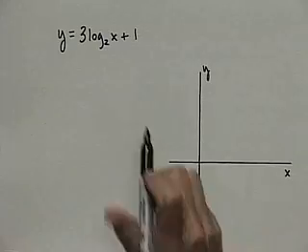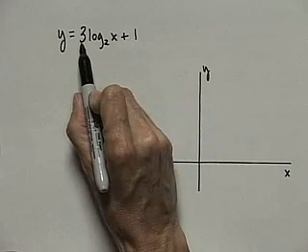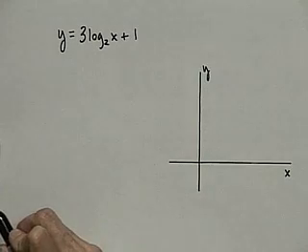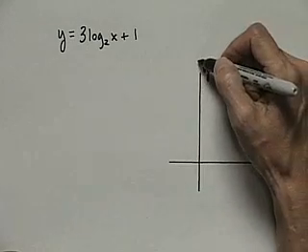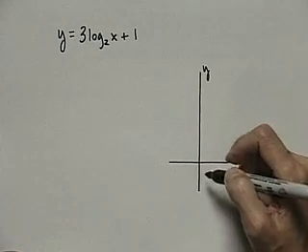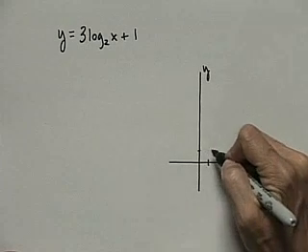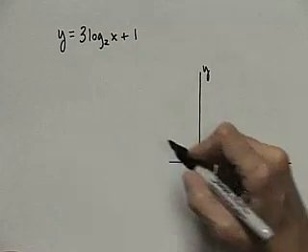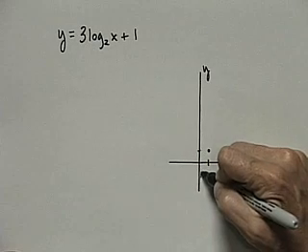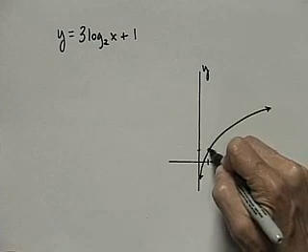Again, we're working with the logarithmic function log base 2 of x. This plus 1 is going to shift the function up 1 unit, and the 3 is going to cause a vertical stretch of the logarithmic function. But there is no horizontal shift, so the y-axis is going to stay the vertical asymptote. But the point that was originally at (1, 0) is now going to be at (1, 1). Remember, there's a vertical shift of 1, and there's a stretch of 3. So we should be sure to draw the graph stretched. Let me label this point